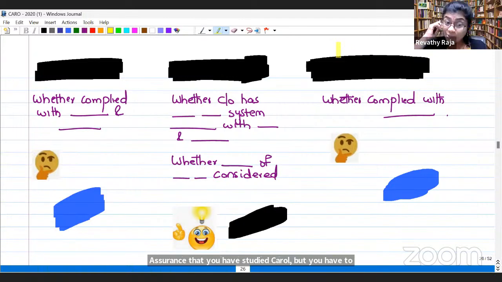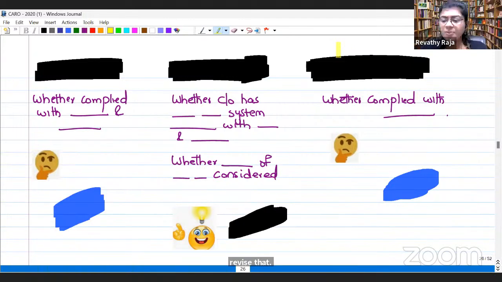Where to go? Clause 10 or 11? 10? Are you sure? 10. Okay. Clause 10 is